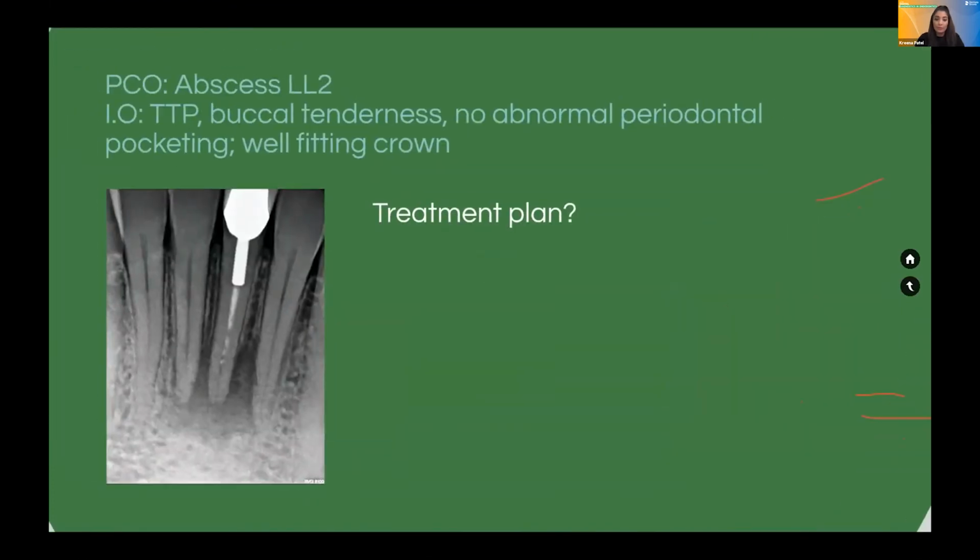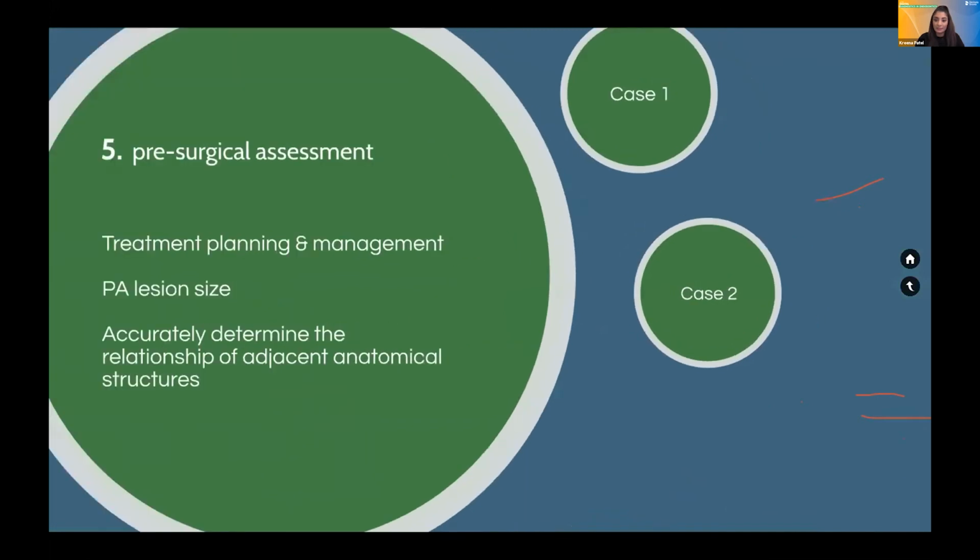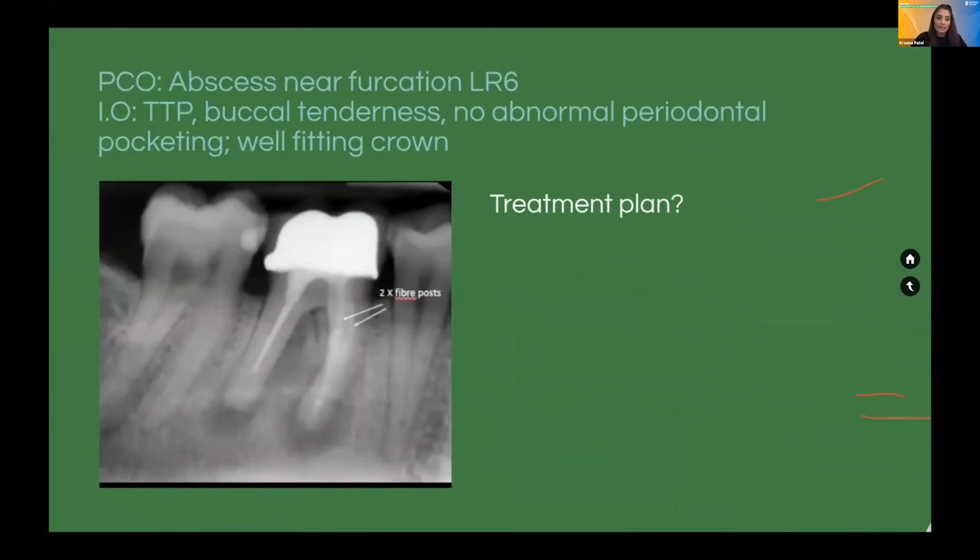If we look at a slightly more complex surgical case next. So this was a lady that was referred to me because of an abscess in the furcation of the lower right 6. She'd had the root canal treatment done quite a few years ago. It was tender to percussion, tender to buccal palpation. The crown fit again very, very well, and there was no abnormal periodontal pocketing associated. So my first look when I see this radiograph is, is there a vertical root fracture? We can see that there's a J-shaped radiolucency associated with the tooth, and there are 2 large fiber posts associated